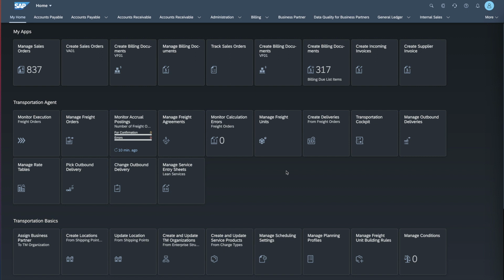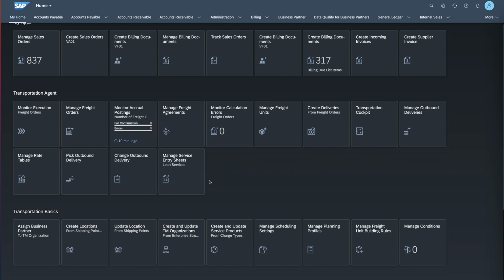So we've seen the cost distribution, we've seen how we copied the charges from the cost distribution from the freight order into the customer billing document, and now we've also seen how we can process the carrier settlement where we generate a service entry sheet purchase order, wait for the carrier to send us his invoice, and we pay against the invoice. Now, one last thing that I also want to quickly show you, and that is going back into